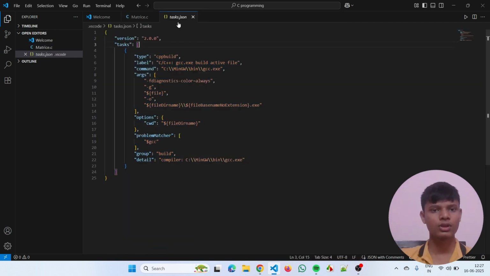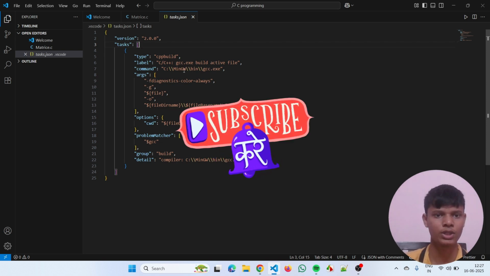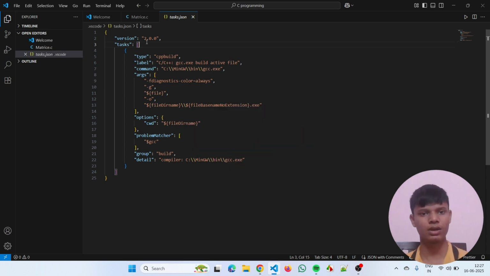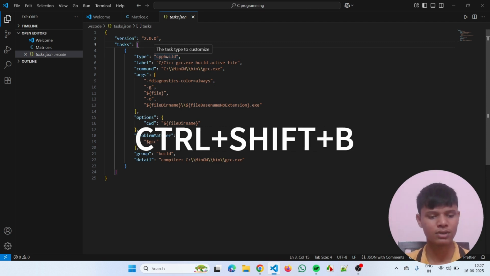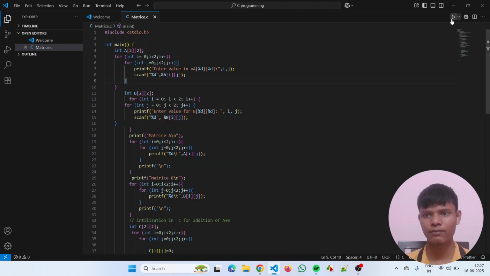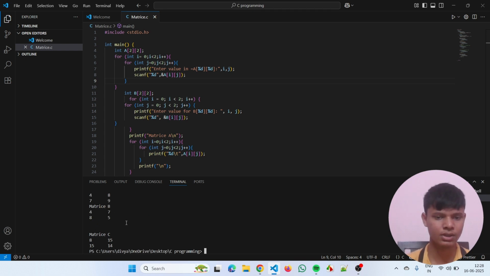Okay, so this tasks.json, I have already typed, and you have to type it. I will give you this in the description box, and you have to just copy this and paste in this. Okay, and just press Control Shift and B. It will be compiled, and so now you have to click on this, and now here it is running in terminal, and you can also input like 4879. So you can see that it is